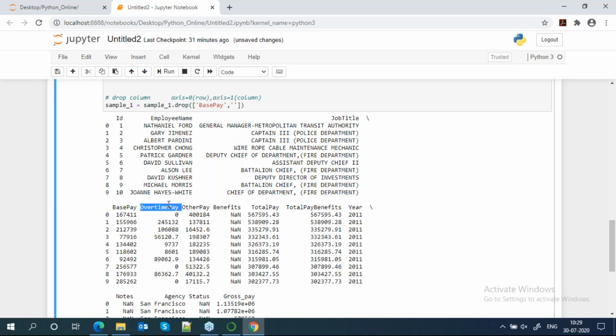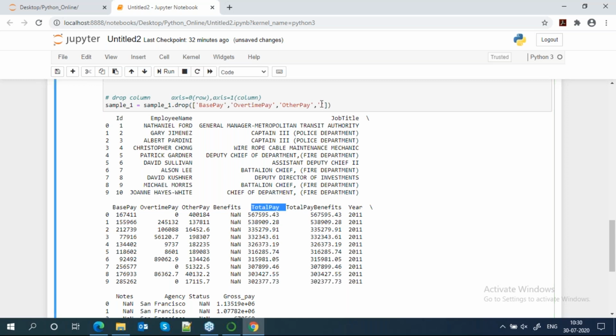Overtime pay, other pay, then we keep benefits, total pay.